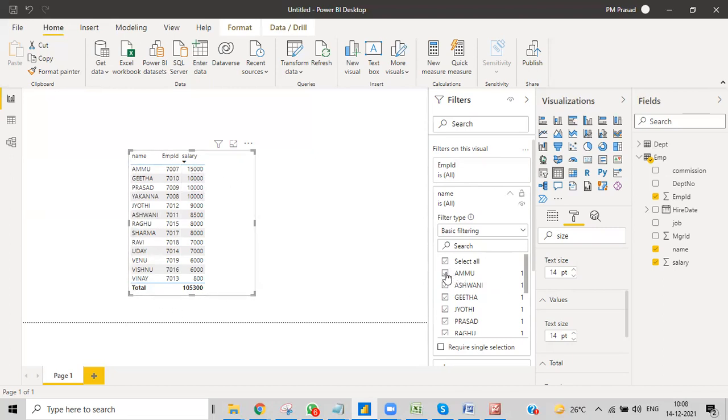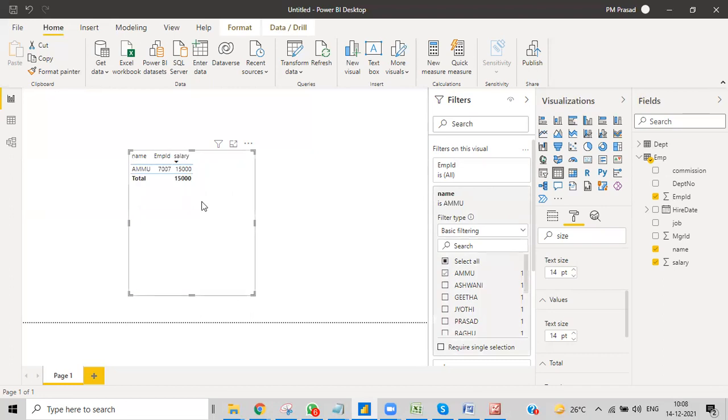If I deselect Samu, then Samu is not shown over here. If you deselect Geeta, then Geeta will be deselected over here. If I unselect all of them and keep only this one, I'll get only Ammu. If I choose only Prasad, I get Prasad. If I choose only Venu, I get Venu. So this is the basic filter.